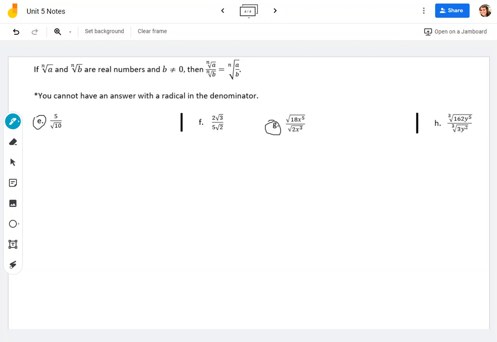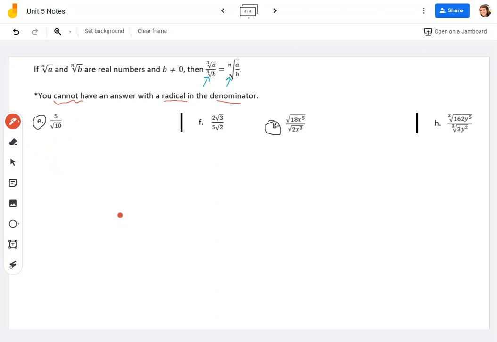So we've got two examples here for dividing radicals. When we divide radicals, it's the same pattern as multiplying. If we have radicals in the numerator and denominator, we can rewrite it so that the entire fraction is in the radical. But something really important we need to note is that you cannot have an answer with a radical